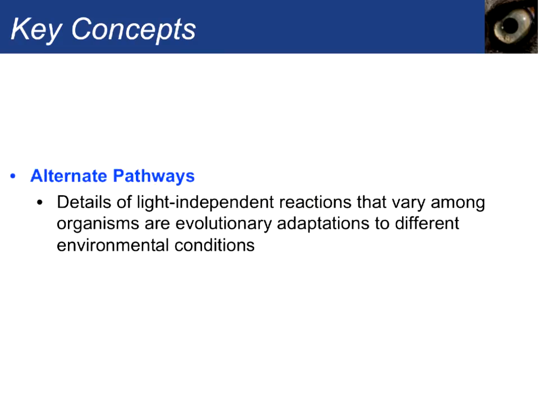And so the differences between C3, C4, and CAM plants show the alternate pathways that plants have adapted to survive and thrive in different environmental conditions. This allows plants to have a high level of sugar production, whether they're in very wet environments or in very dry environments. And so this is just one of the many ways that plants have adapted to their environment. So that's the end of chapter